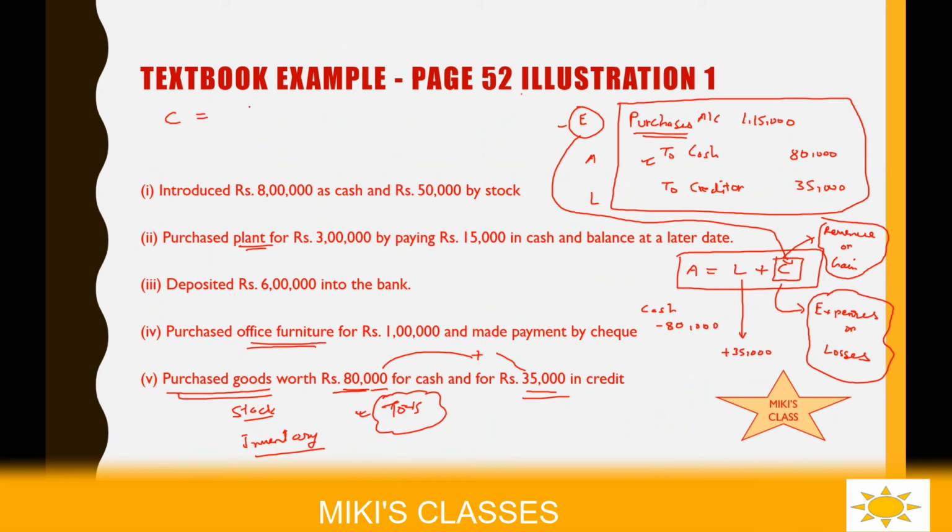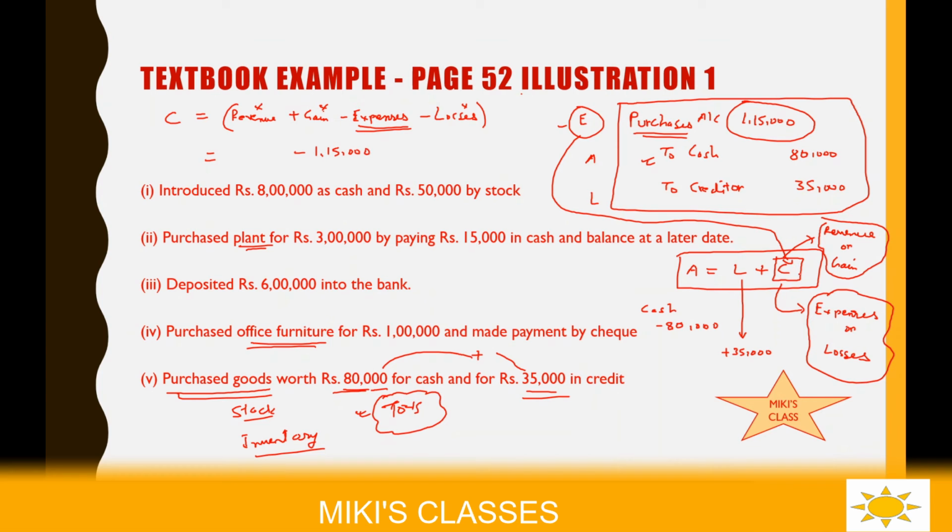Capital account is equal to revenue plus gain minus expenses minus any losses. In this case, this is an expense, correct? So there's nothing on the revenue, nothing on gain, nothing on losses. For this particular equation, it is only expenses. How much of expenses? This 1,15,000 is the expenditure. So inside the capital account, there's a minus sign here. See, there's a minus sign. So this has to be minus